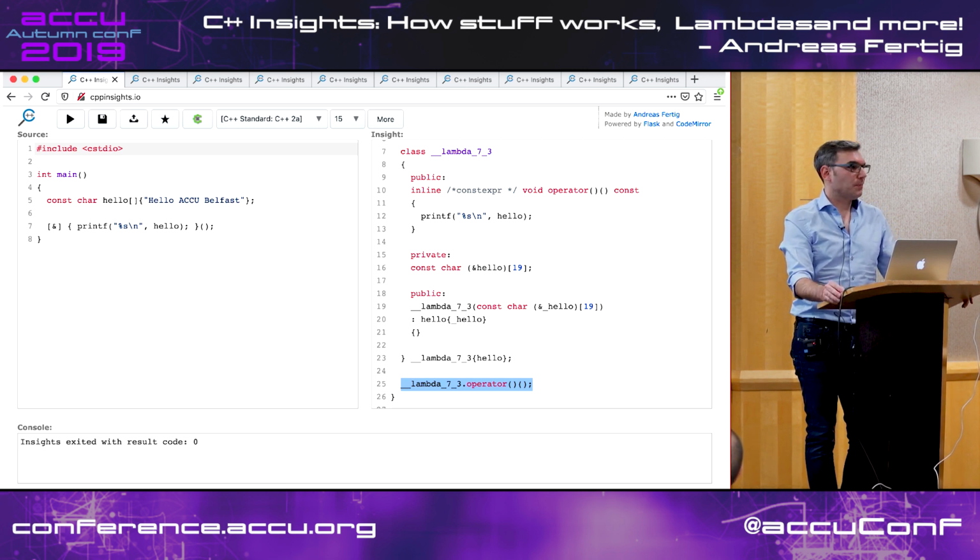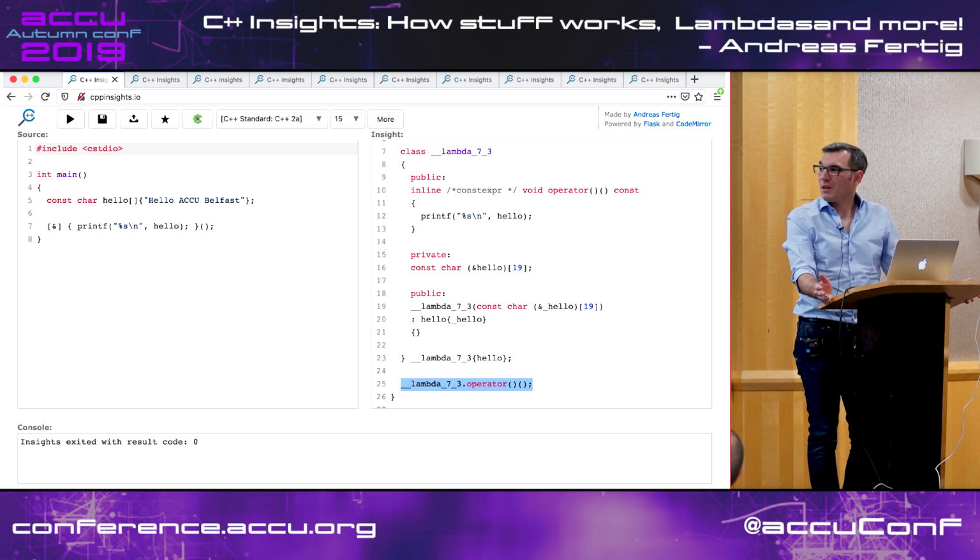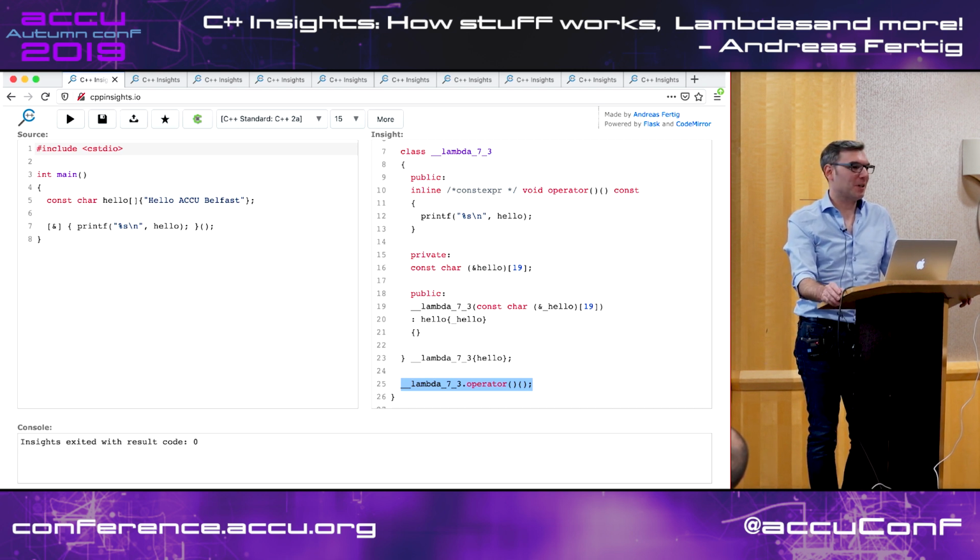And we are done. So I really was surprised the first time I came across this, because it's so easy. I have done it probably a couple of times in C++98, and now the compiler gives me the ability to do it with shorter code, nicer syntax. I really like that.